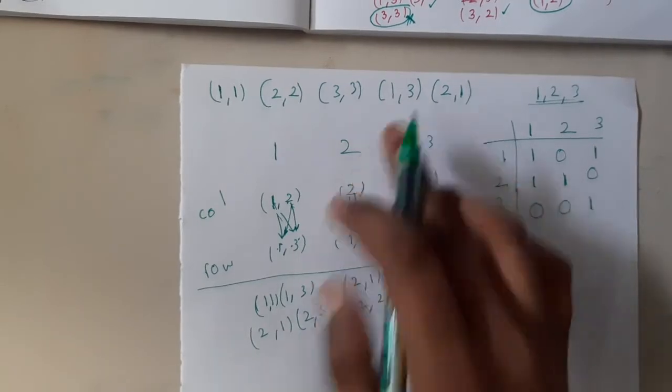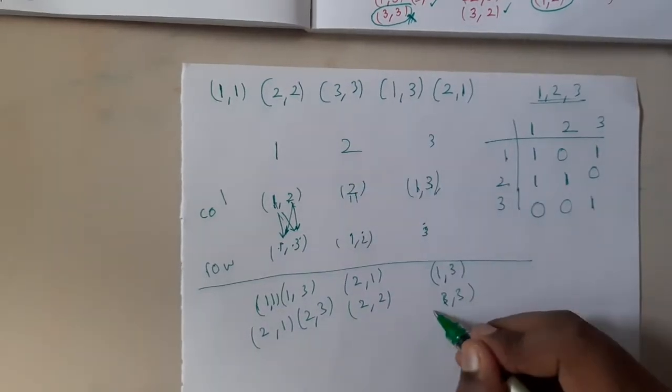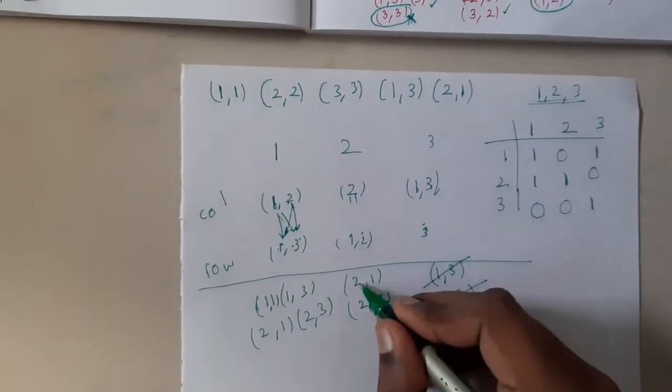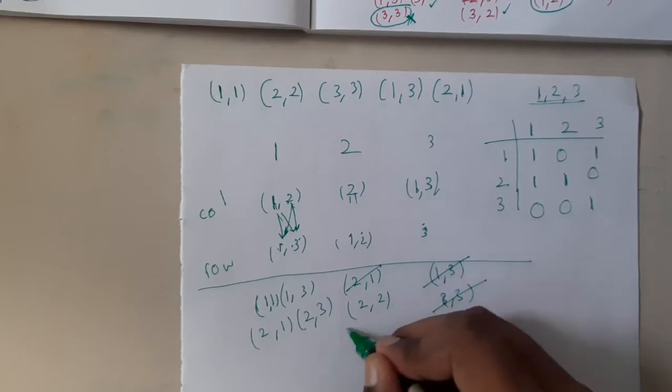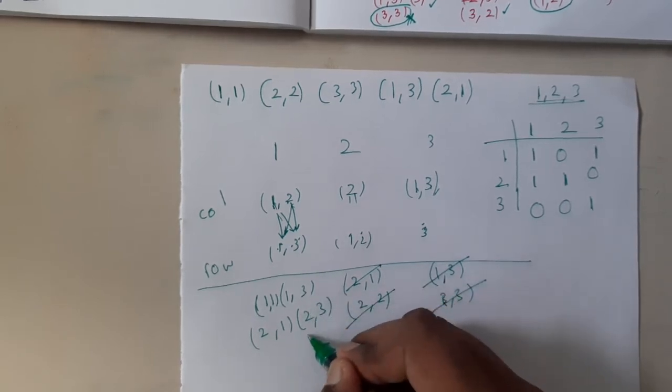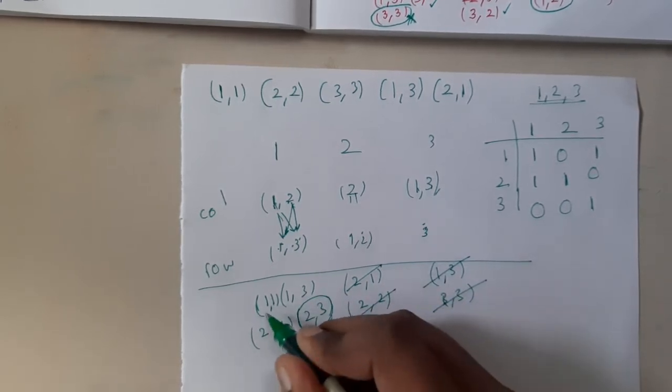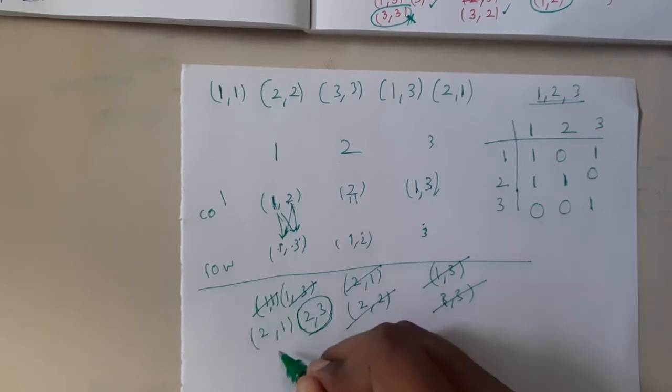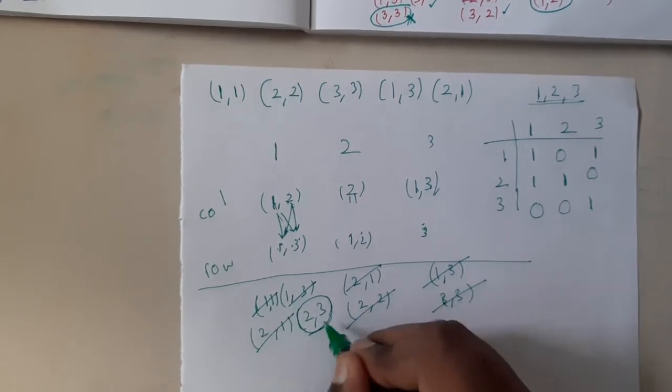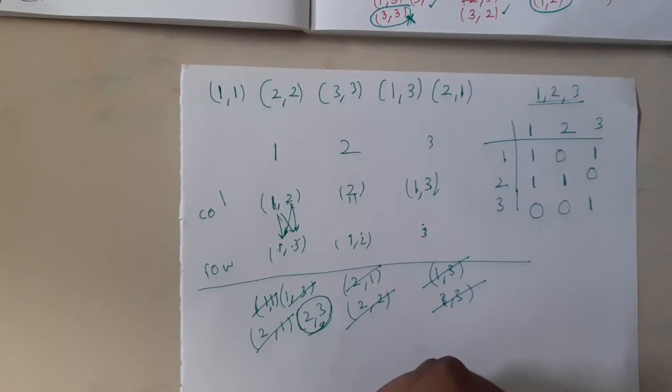So whatever are our inputs, cancel them, guys. So 3 3 is there, 1 3 is there, 2 1 is there, 2 2 is there, 2 3. Okay, so this is the culprit here. 1 1 is there, 1 3 is there, 2 1 is there. So 2 3. How can you form a 2 3, guys? Just give me a second. So 2 3 can be possible.